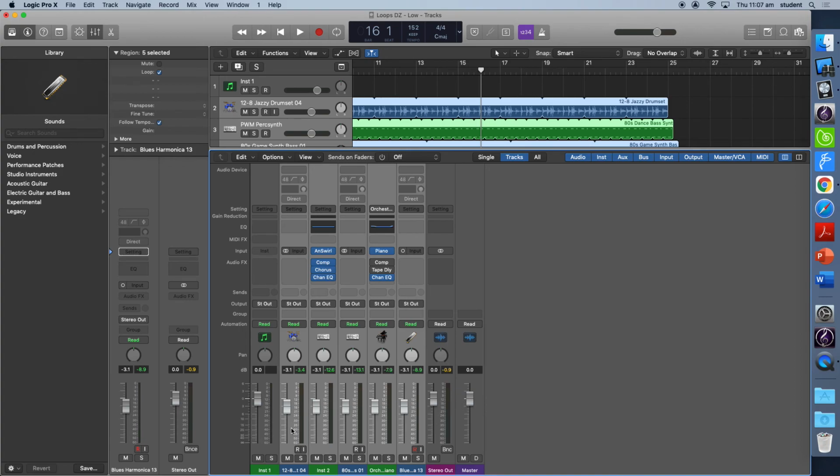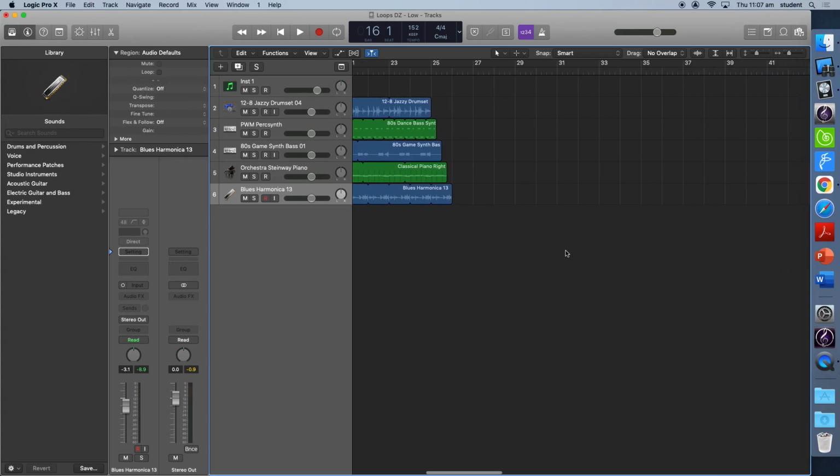See, these four instruments are all at the same level. There's been no adjusting of levels. So this is an example of a low